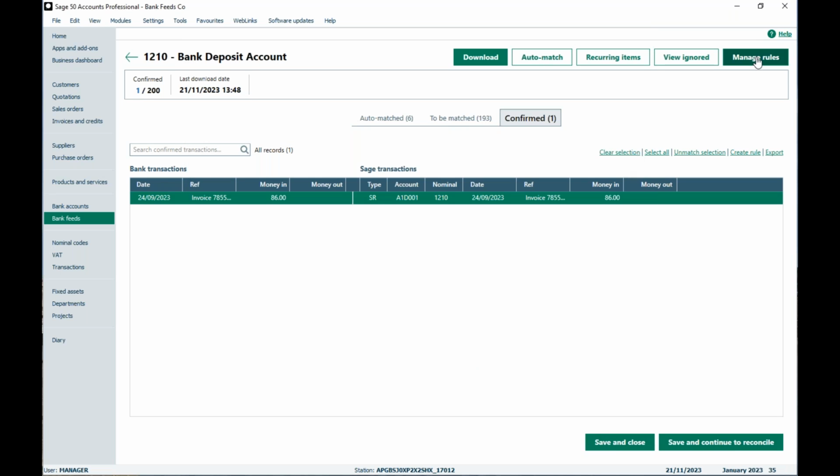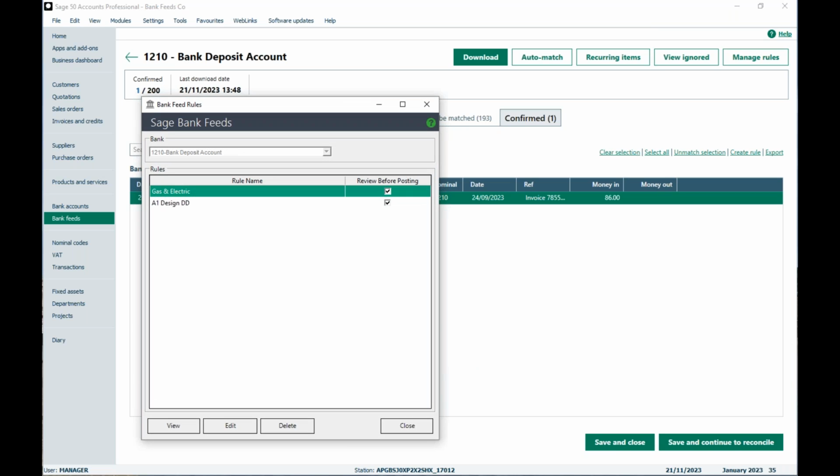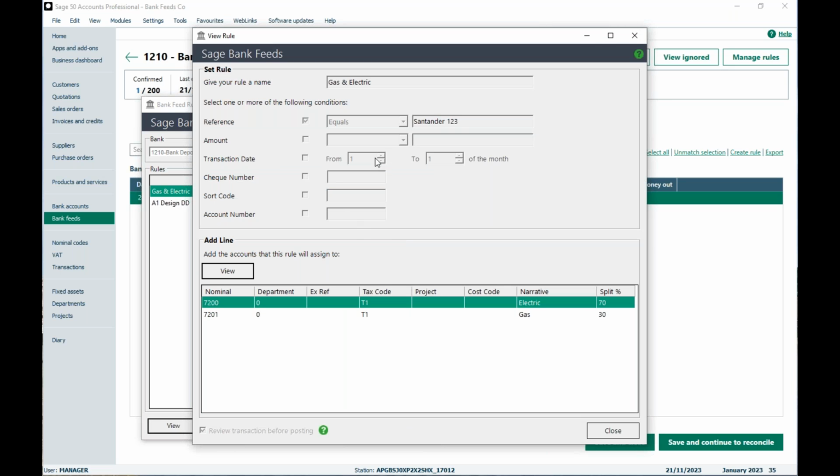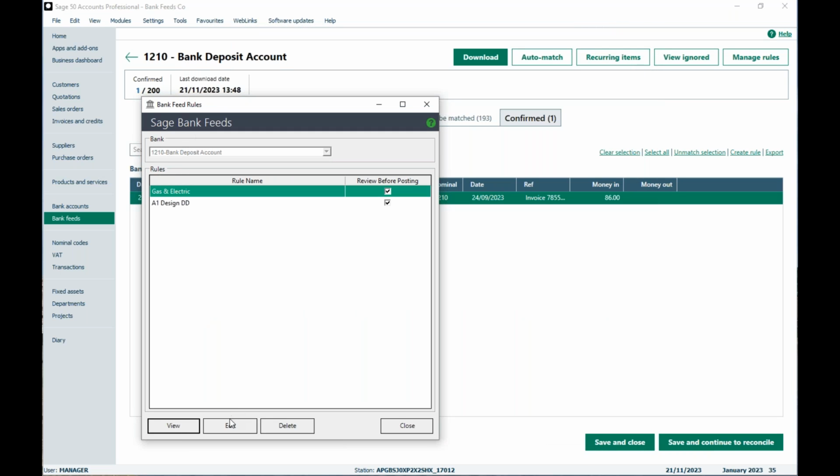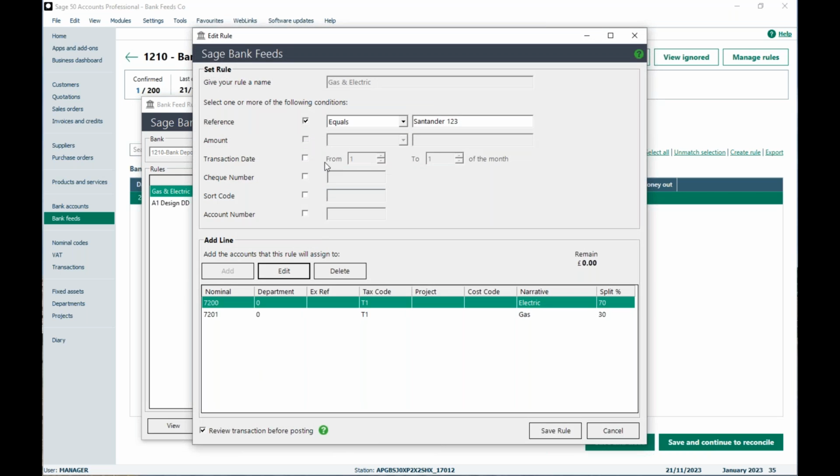To manage my rules, you just pop into manage rules along the top right. And you can come in here, you can view them if you just want to view what's in here. You can edit as well. So that means if you wanted to then start changing the conditions,